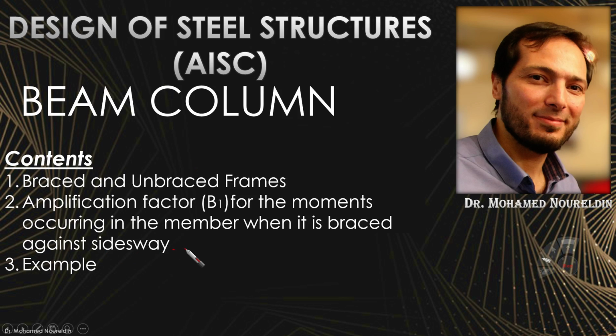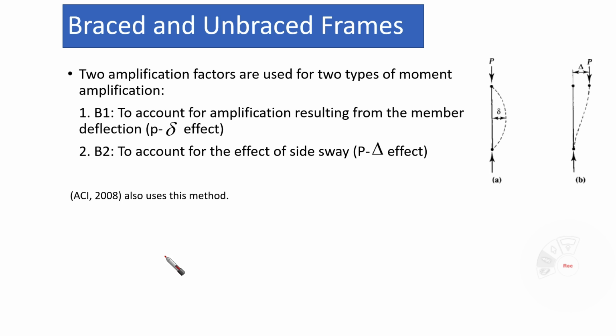This is the case where we are having side sway prevented. So we are going to amplify the moment, as we said before, using some factors. So today I'm going to focus on this amplification factor B1. And after that I'm going to work out an example to highlight and explain the main idea of this amplification factor and how we can take into consideration the moment or additional moment related to this factor. Okay, so let's go now